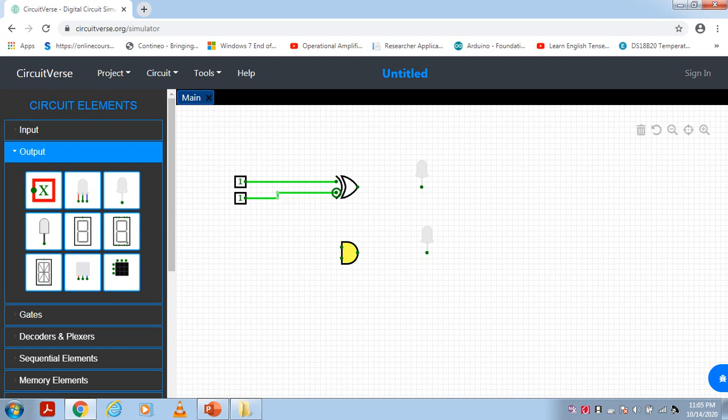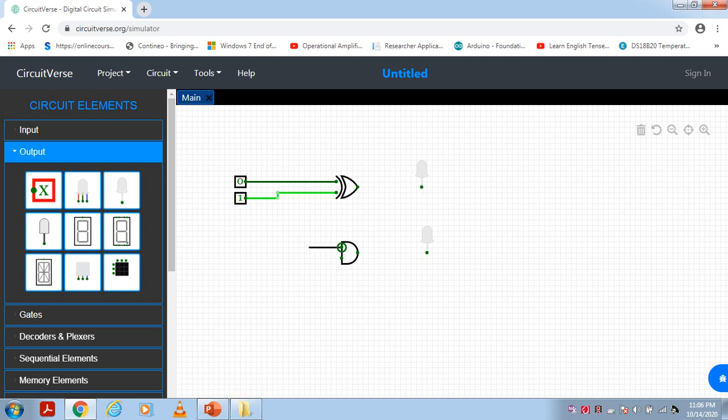Now this is A and this is B. Just click on this and it will change the state. Previously it was 1, now it is 0. If you want to change the state, just click on it.